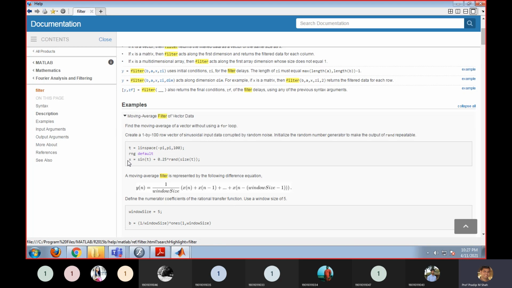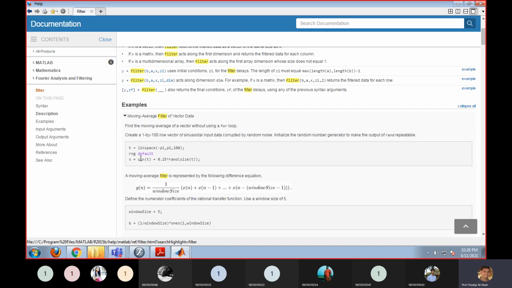So we are defining x as my input, sine of t. That is a sinusoidal input, and it is corrupted by some random noise. We know that in communication, mainly the nature of the signal is sinusoidal. But whenever we transmit that signal in the air, particularly in wireless communication, the signal is mixed up with some noise. That noise here is taken as a random signal.